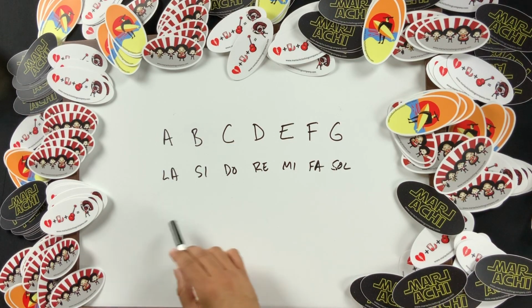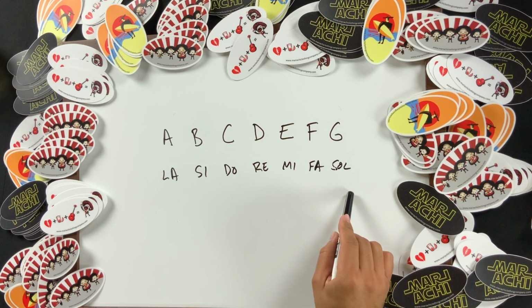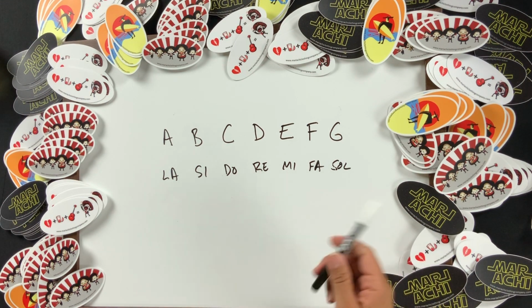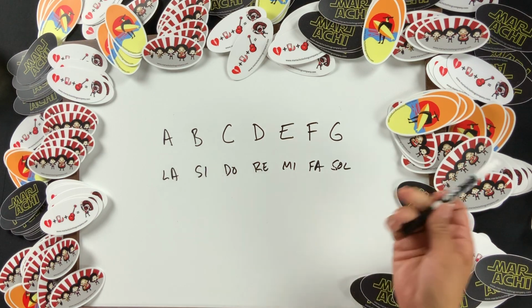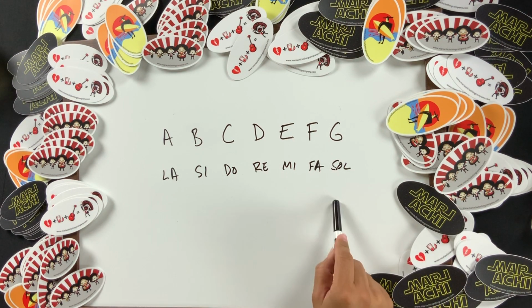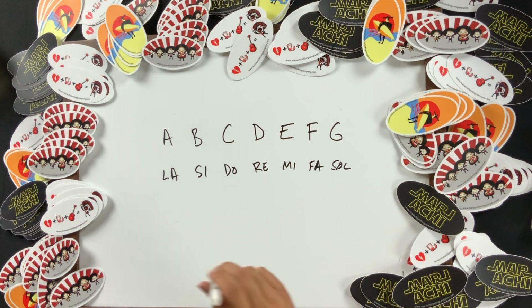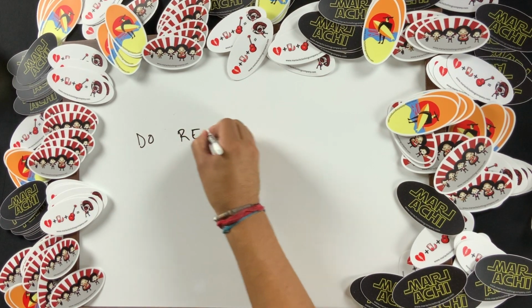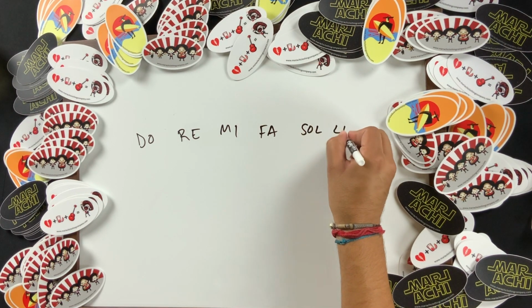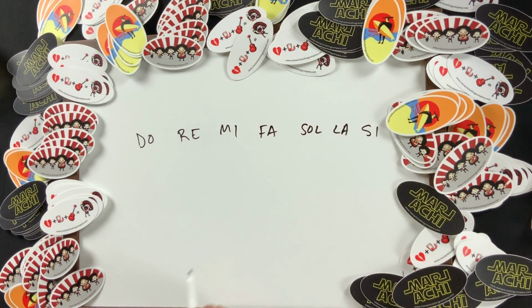of that wave. Most of the world uses syllables, which are these right here. That is to say do, re, mi, but the US and only a few other countries use letters: A, B, C, D, E, F, G. Since we're learning mariachi, we are going to focus on the fixed do solfege system, which means that whatever note you play matches its pitch on a piano. Do, re, mi, fa, sol, la, and si.